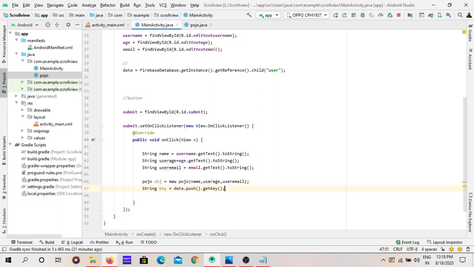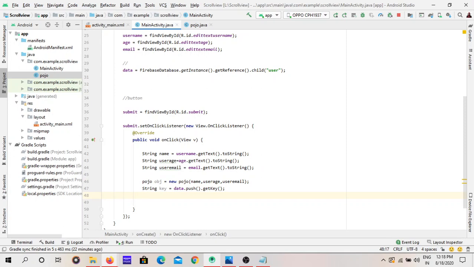I will explain this statement. This data variable is referencing the Firebase database. We are telling Java, this is the database I am going to push to. For this pushing I want a unique key, so I am getting the key. We can get that unique key through the getKey method. Now we have a unique key.